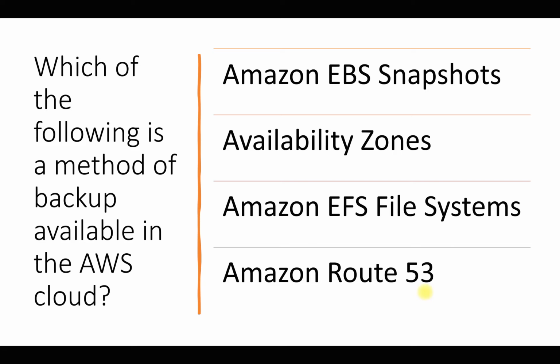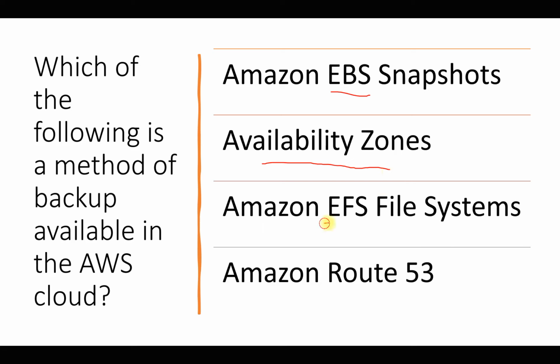So before giving the right answer, let's understand what exactly these services are. First we are having Amazon EBS snapshot. EBS stands for Elastic Block Store. It's a block-based storage system that provides a virtual hard disk inside the cloud. If I talk about the availability zone, it is a kind of logical location inside the region, where the availability zone consists of one or more physical data centers, like our organization's office we are having, right?